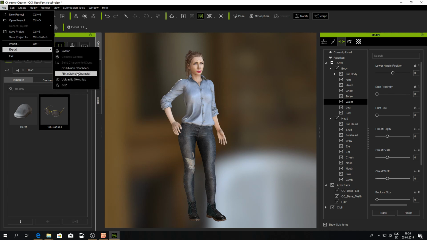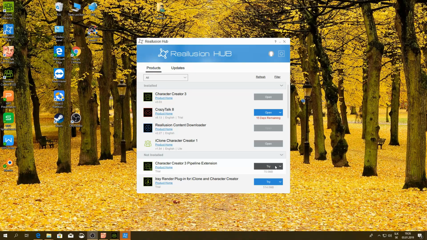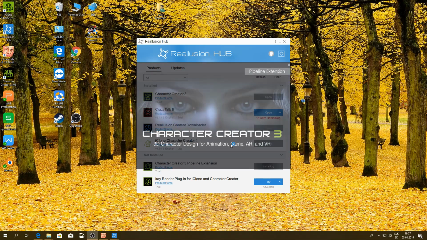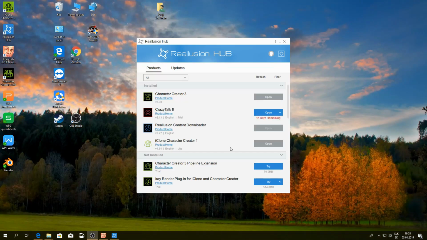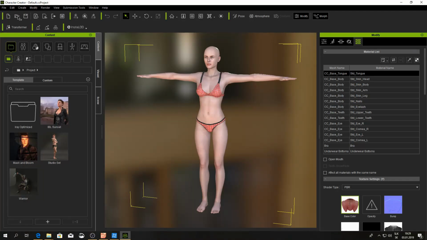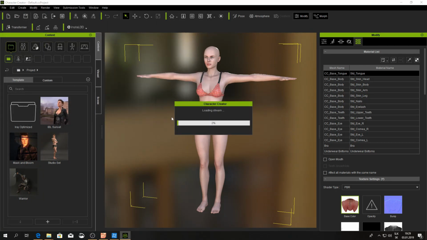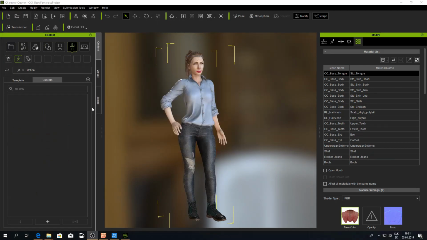It is not possible to export to FBX format in this software version. Therefore, install a pipeline extension that will allow you to export to that format. Be sure to save the project before installing it. Load your saved project and save your character pose.